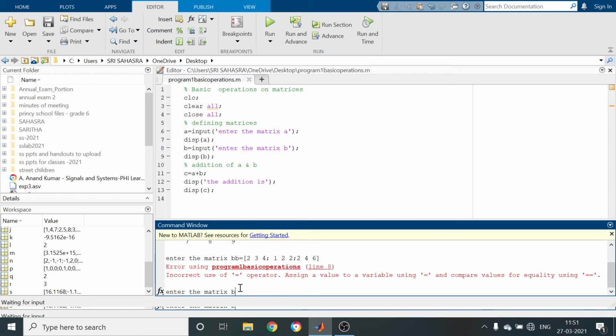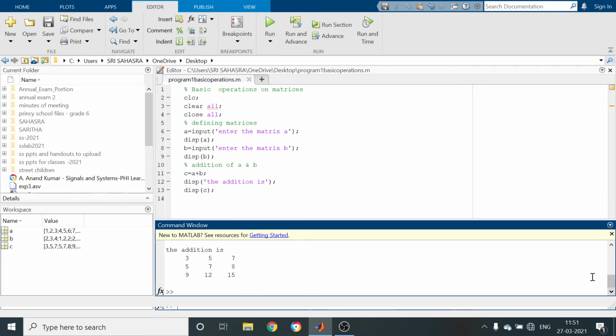So that's why I have to give it through square brackets. Yes, this one. Now enter.